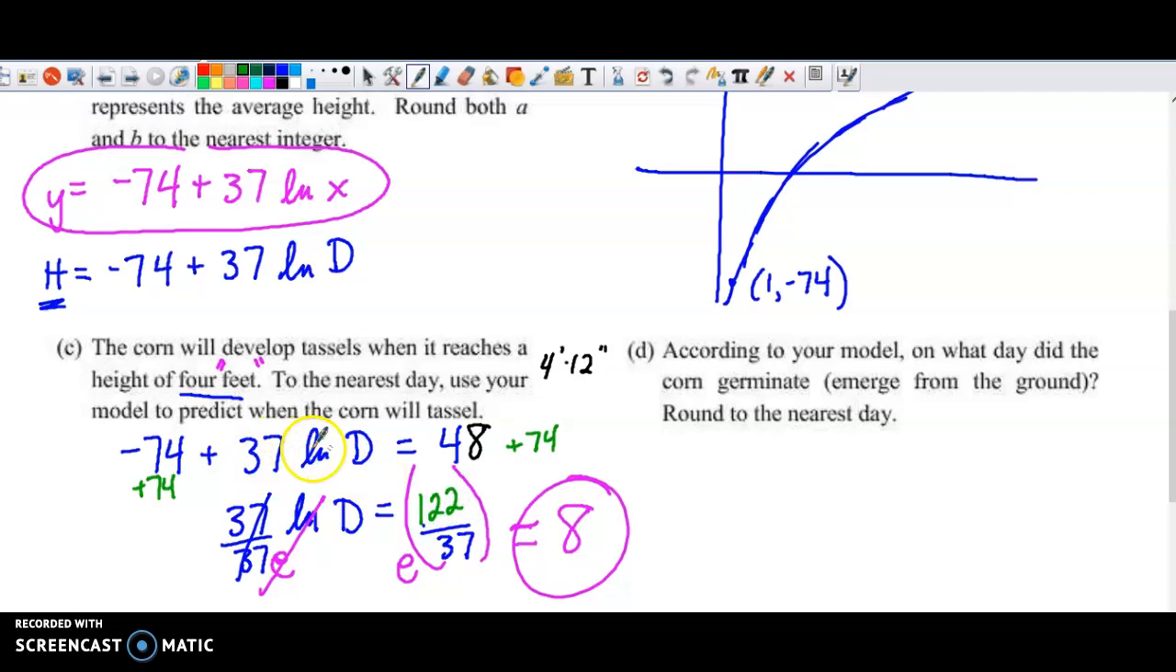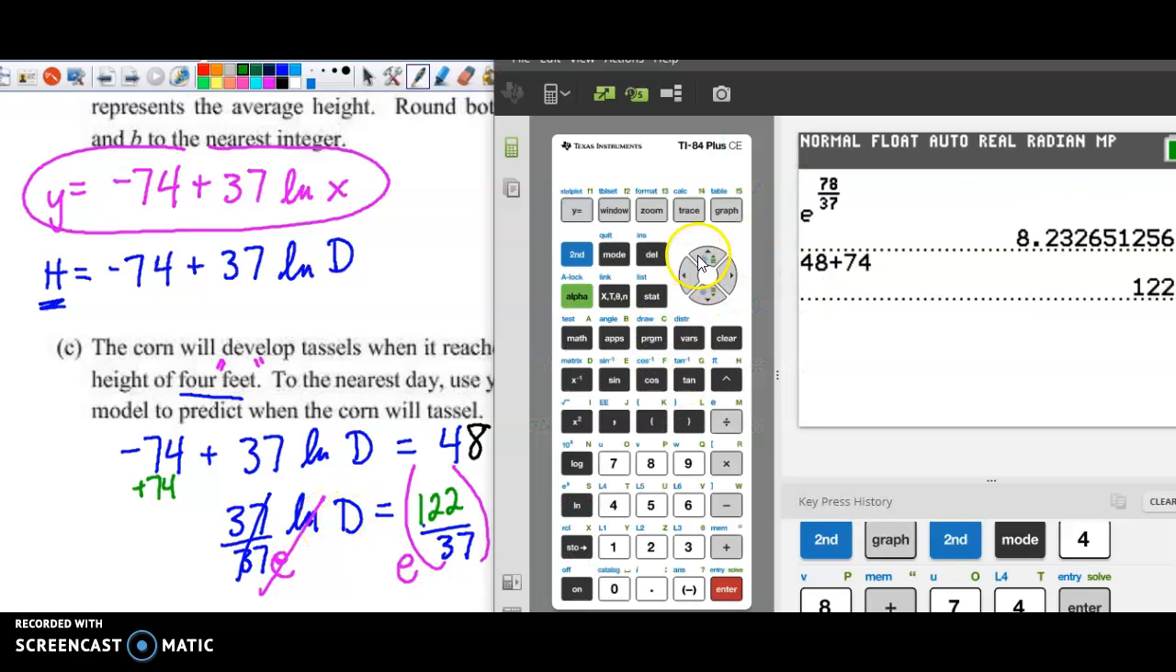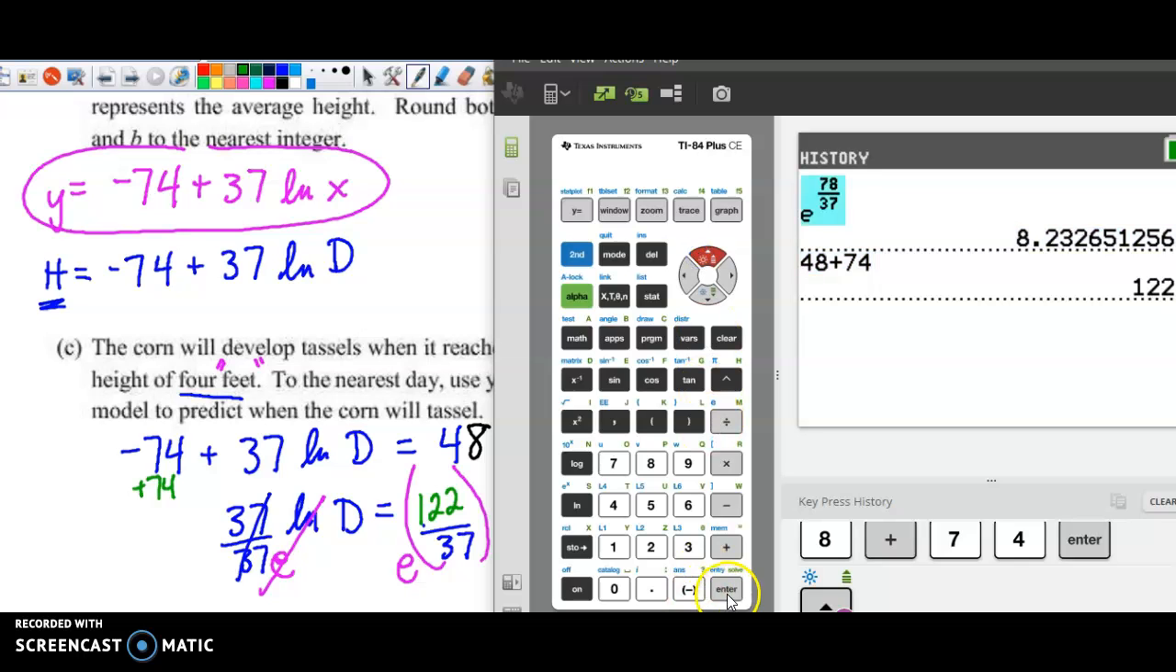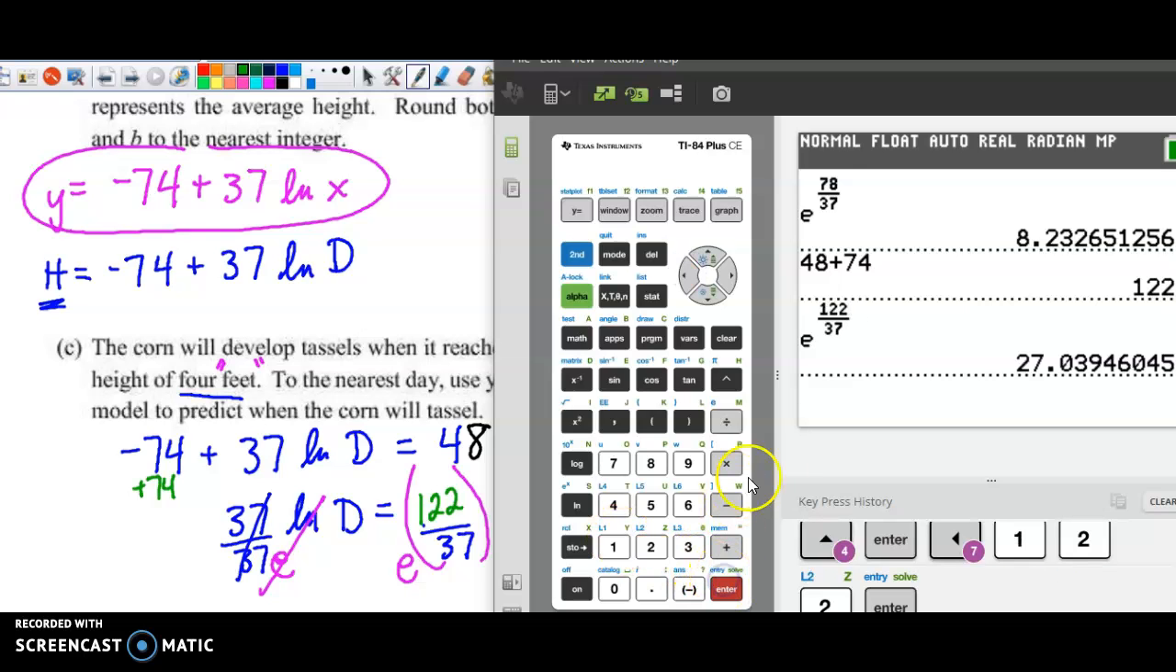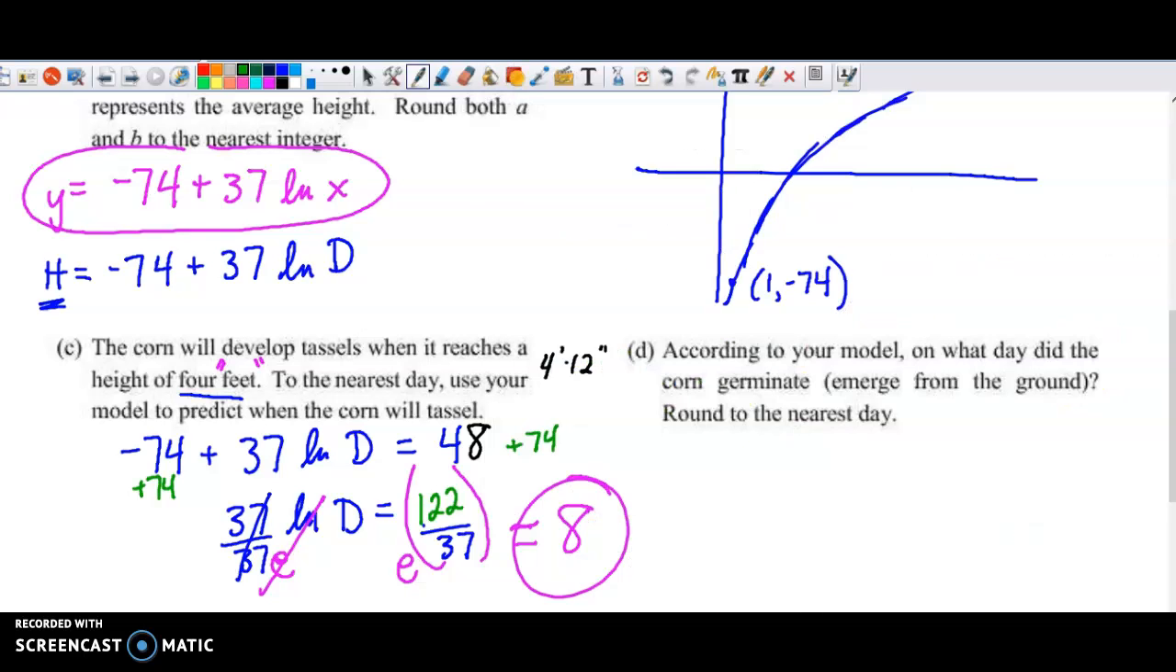And so you're left with 37 natural log of d. So in order to solve this, you divide the 37 over, and then to undo the natural log, you take e to both sides. So that's why in my work, I had this answer. I just need to go back and change that 78 to be 122. So it looks about 27 days. Definitely want to fix that answer. I knew something was wrong